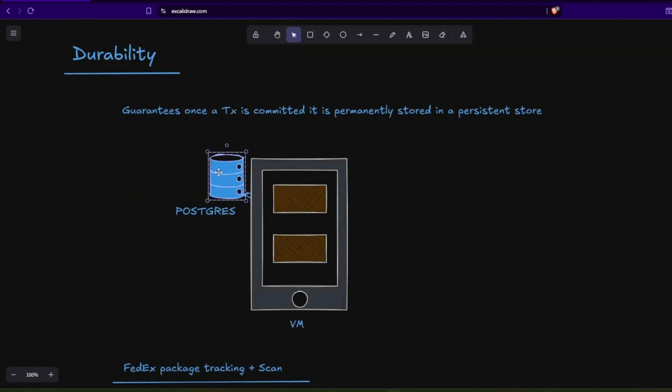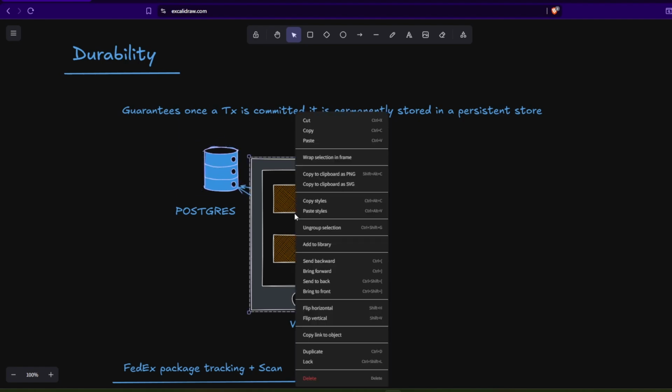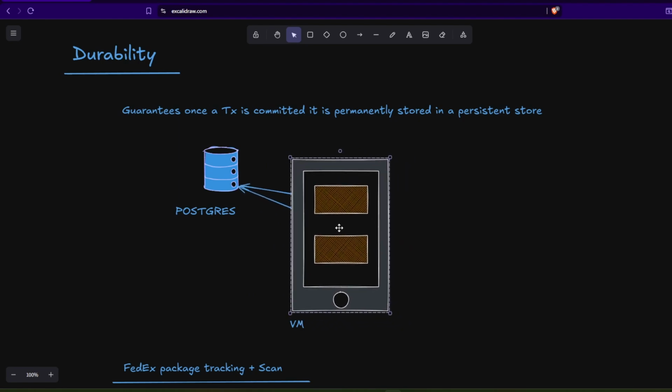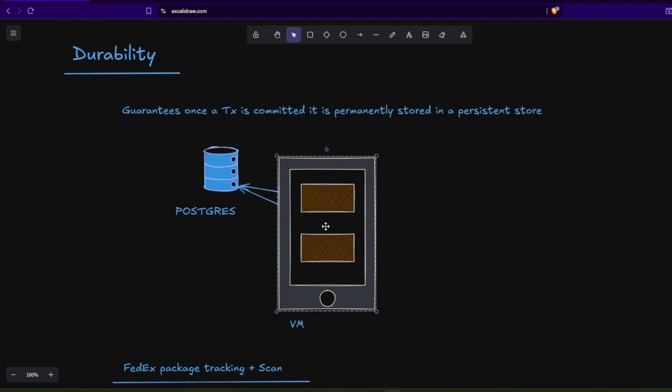Suppose you have a PostgreSQL database in place, and it is being hosted on this particular VM. It can be a Linux or Windows VM, any VM, and whatever persistent storage the Postgres instance uses is basically this VM's storage. Now to understand it further,